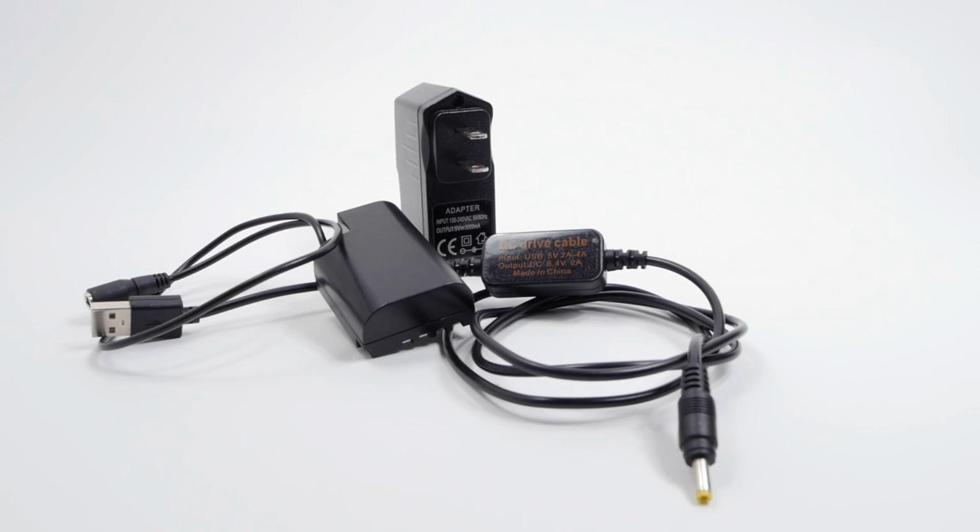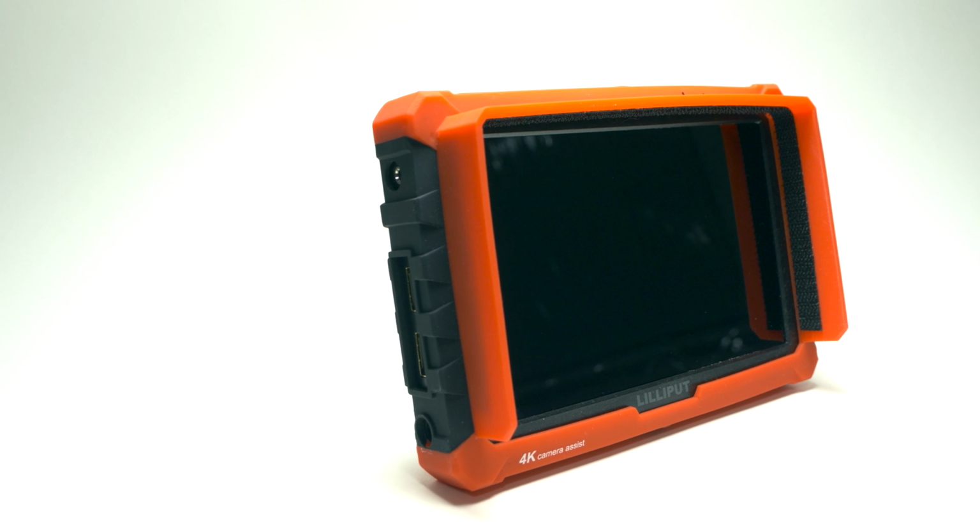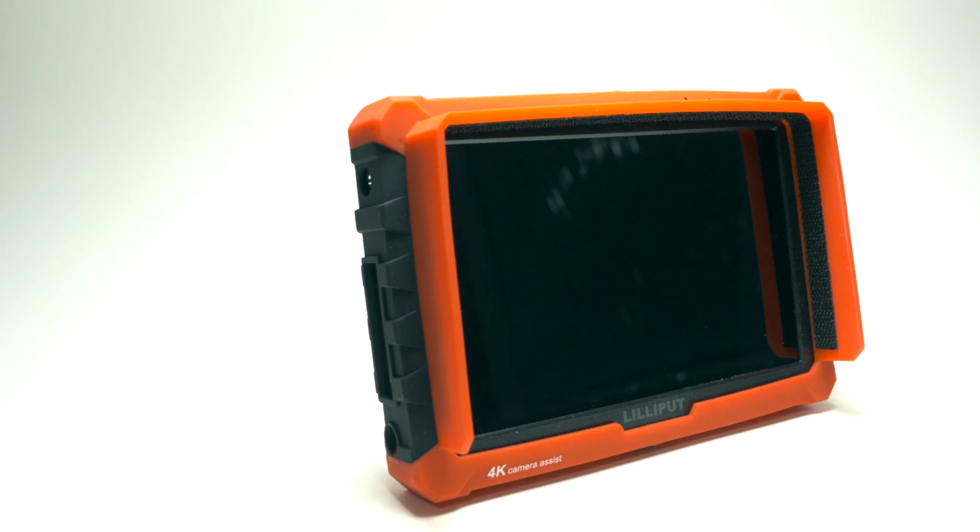So what's the bottom line here? The bottom line is I am now able to completely streamline my YouTube setup. My camera is being powered by the USB AC dummy battery adapter. My Lilliput already has a DC in, so that's being plugged in. And then now I have my microphone being powered by the GH5, and I don't need to worry about batteries, and I'm able to sit at the correct distance that I need to be from my camera so that basically when I'm ready to shoot a YouTube video, I just sit down, turn everything on, wire up the mic, and